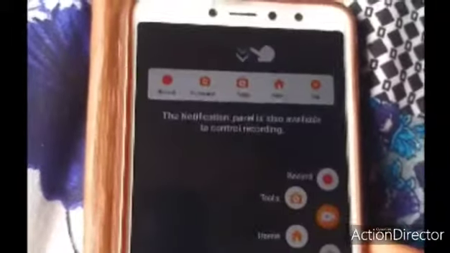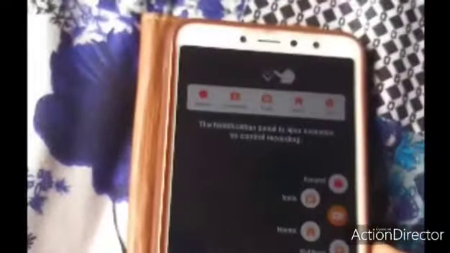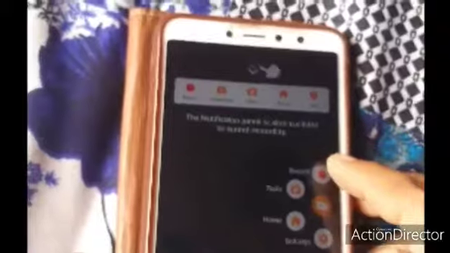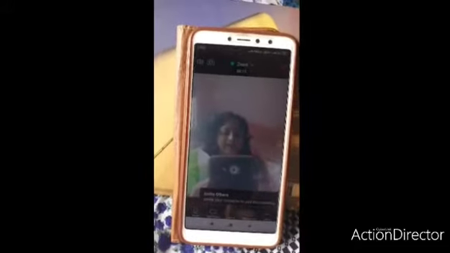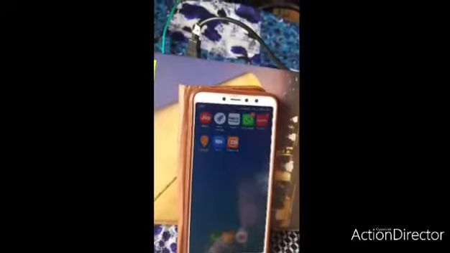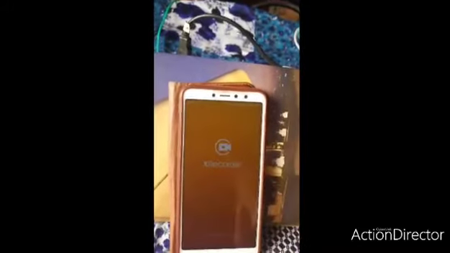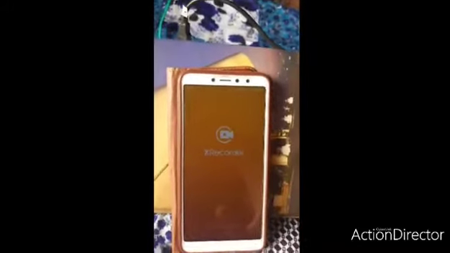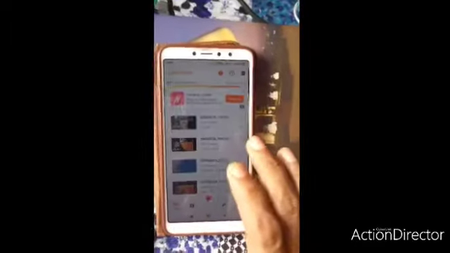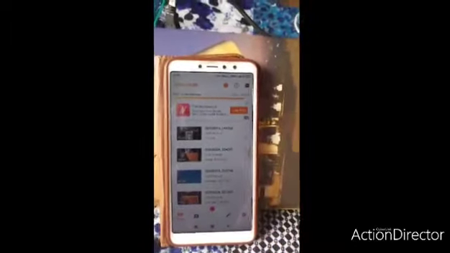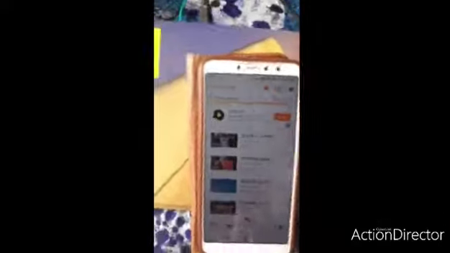Now we'll just go back. And now whatever you have in your screen can be recorded. Like, now see, I have opened the Zoom here, and whatever I'll find in my screen will be recorded now. To do this, I'll simply go back to the X recorder. If I have to record something, first you have to switch on this X recorder, and then you have to just click on this record button.